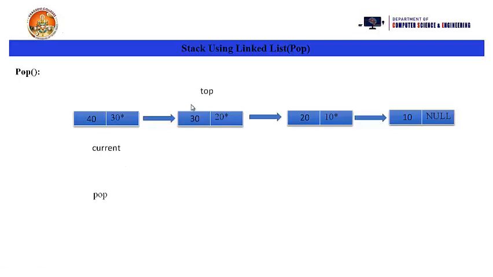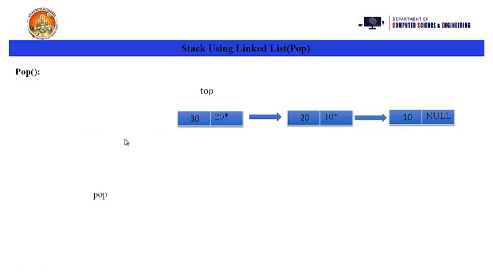So how is it going to the next node here? Top tends to link. What is the top? Previous top tends to link, it is a 30 node pointer. So it is moving to the 30 node. It is pointing to the 30 node as the top node. Now this is the current node, and now you can erase the memory of the current node.